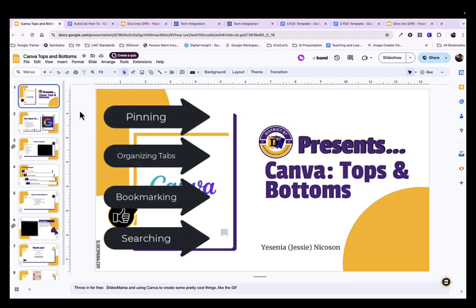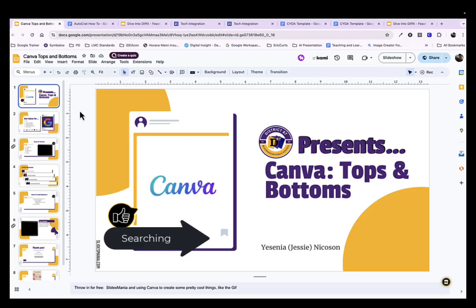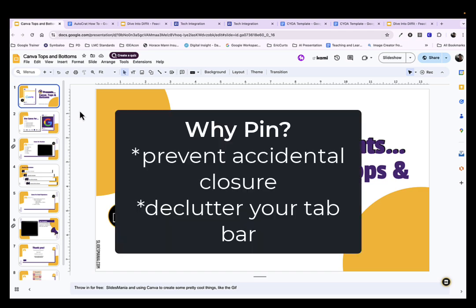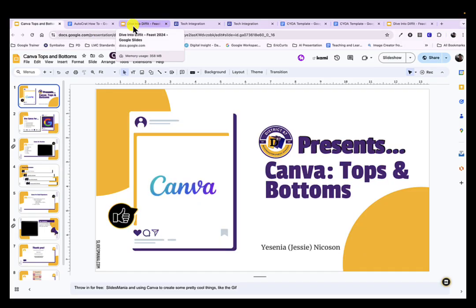So we're going to cover pinning tabs, organizing your tabs into groups and color coding them, bookmarking your tabs, and searching for your tabs. To start with, let's talk about pinning a tab. Pinning a tab helps to prevent the tab from being accidentally closed, and it also declutters your tab bar up at the top. So to pin a tab, you're going to right-click on a tab, you're going to select Pin,